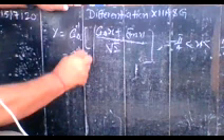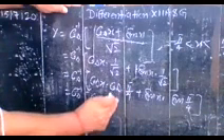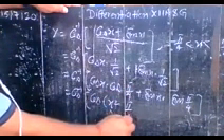You know cos pi by 4 is equal to 1 by root 2 and sin pi by 4 is equal to 1 by root 2. So you put it there. So you have cos inverse of cos x into cos pi by 4 plus sin x into sin pi by 4. This is the identity cos A cos B plus sin A sin B is equal to cos of A minus B. So that is equal to cos inverse of cos of x minus pi by 4.